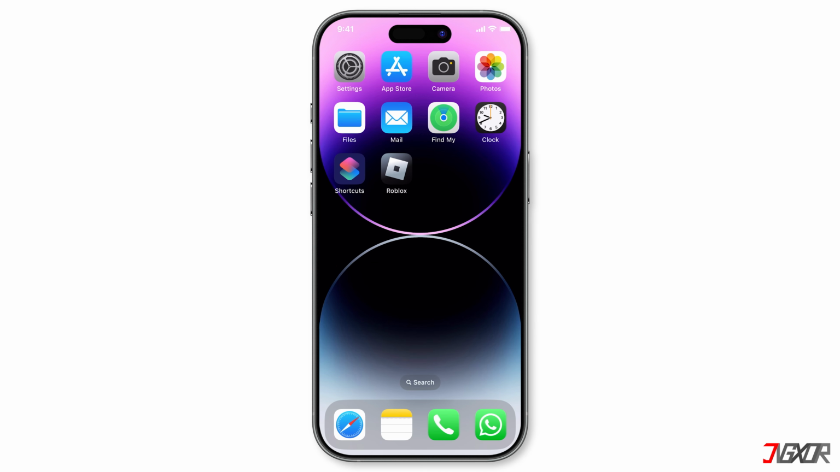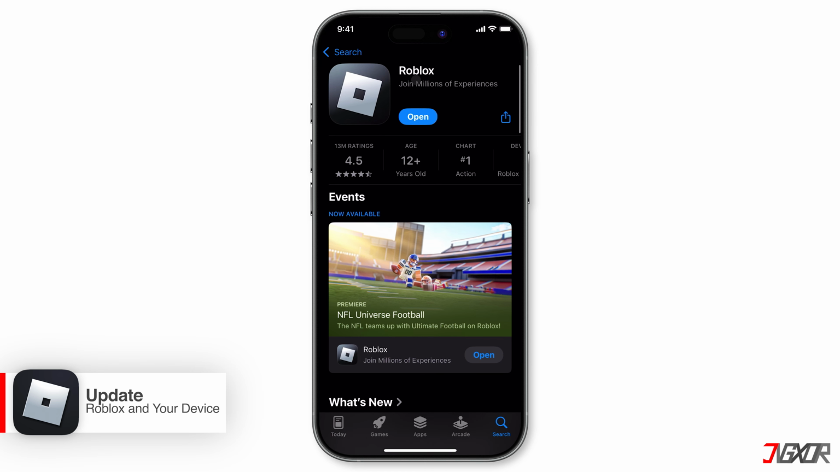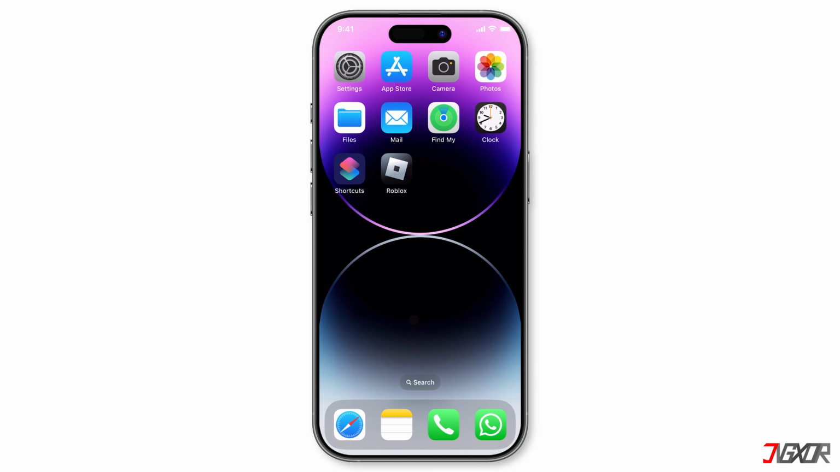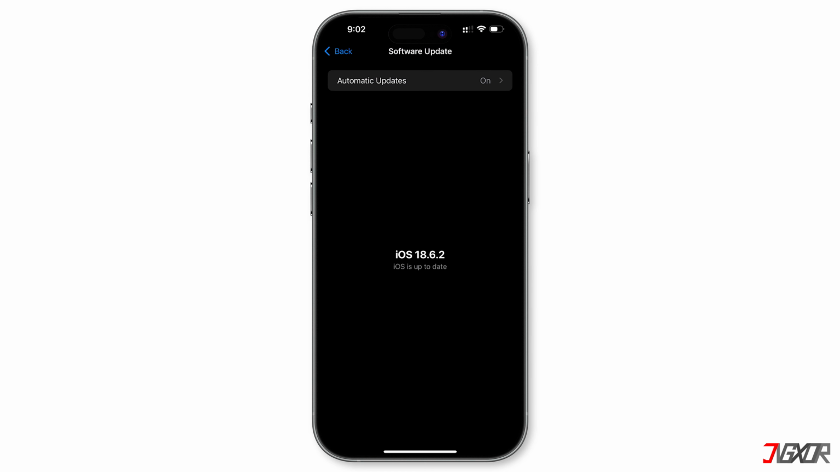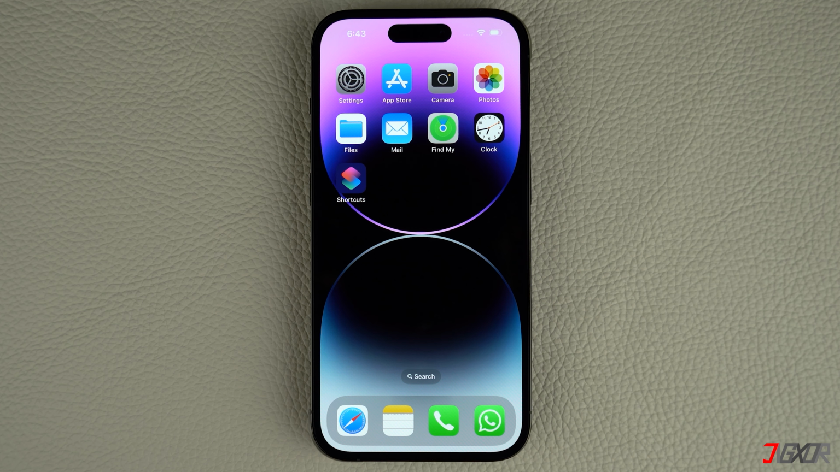There are several reasons why your Roblox might be crashing on your iPhone or iPad. First off, make sure you have the latest version of Roblox installed from the App Store. Also, ensure your device's operating system, or iOS, is up to date. Outdated iOS can sometimes cause compatibility issues. Aside from that, iOS updates usually include regular bug fixes and security patches, so it's a good idea to keep